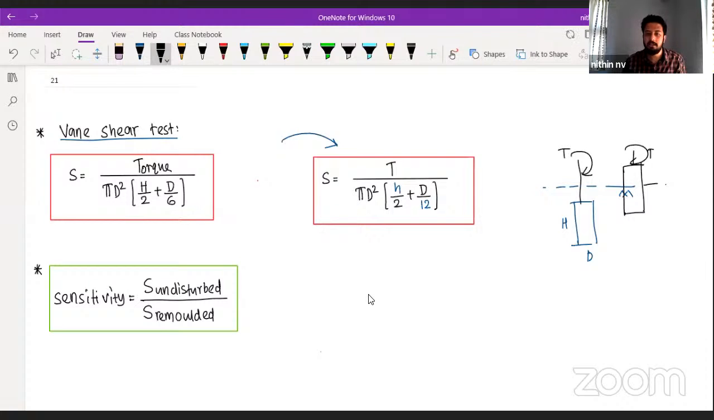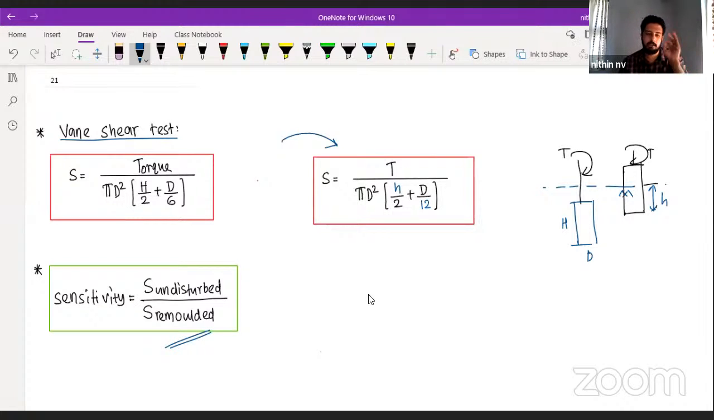So in that case, this small h is nothing but whichever portion is below the soil. That is the only change. Instead of d by 6, it will become d by 12. Half of that value will come. Okay, d by 6 will become d by 12. So this thing you just note down, and sensitivity is nothing but